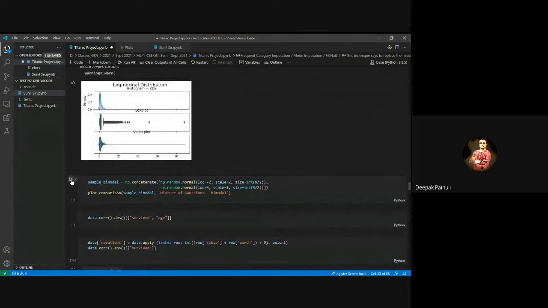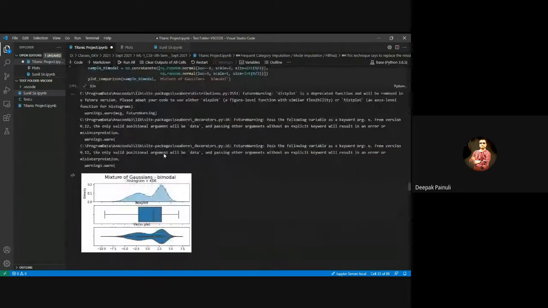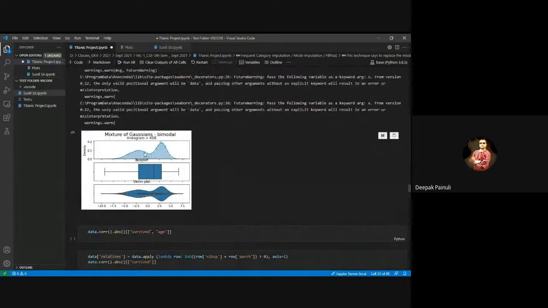Let's see another example. If your data distribution looks like this, your box plot will lie somewhere in between, and your violin plot looks like this.